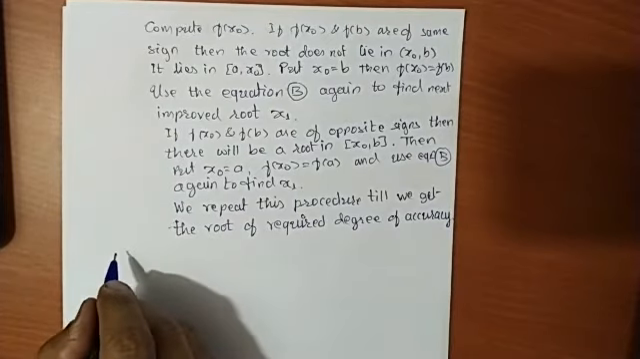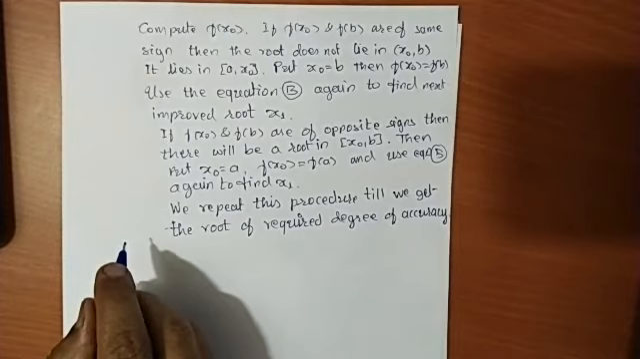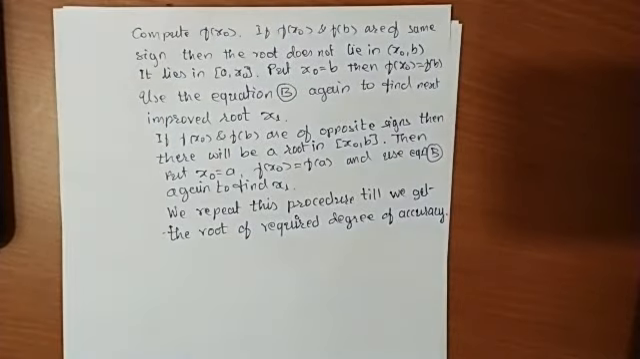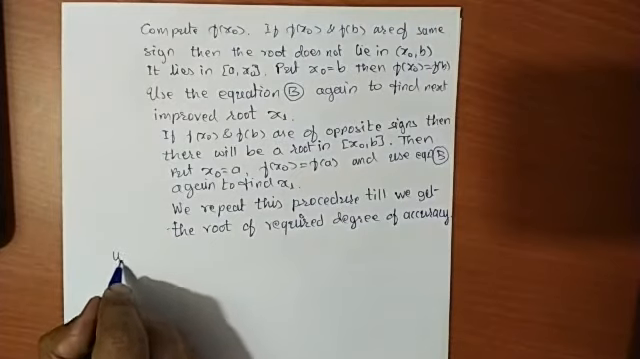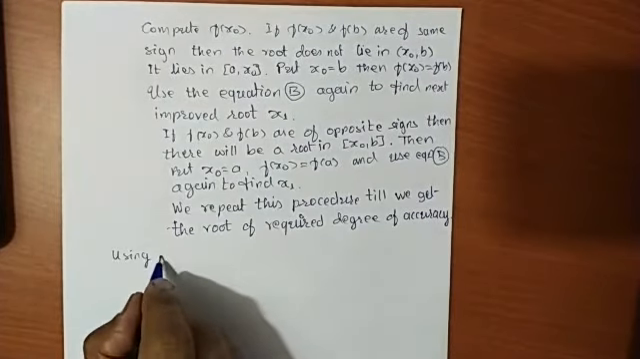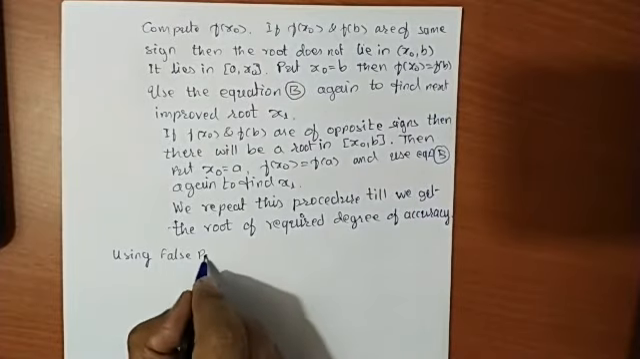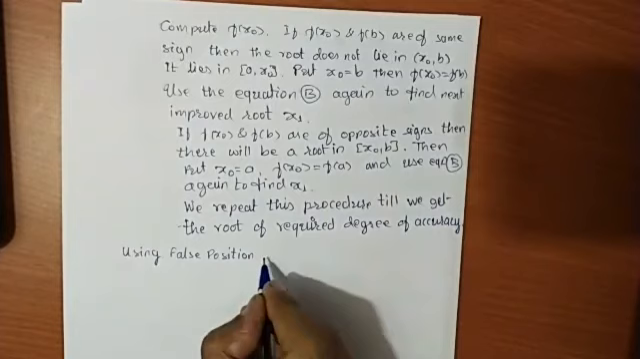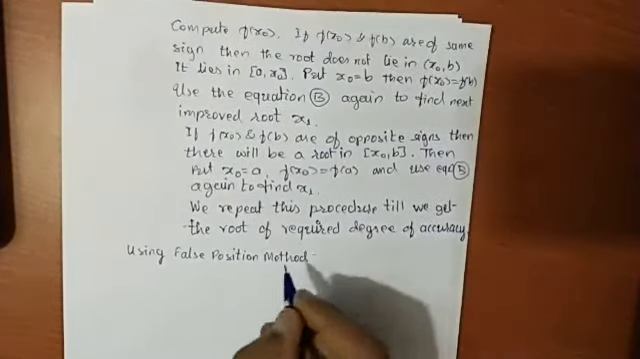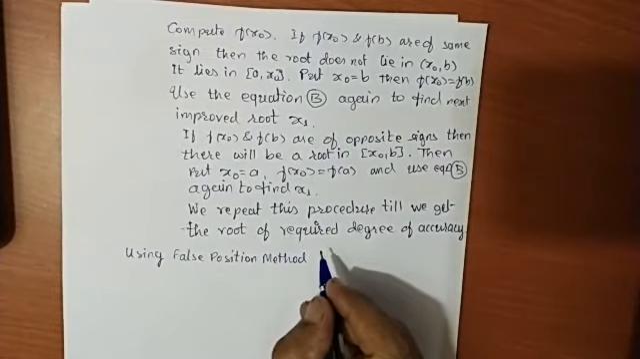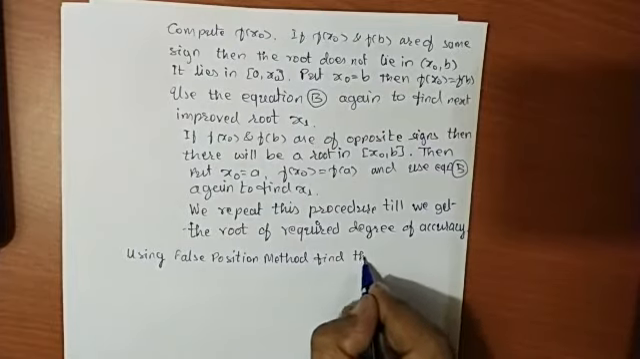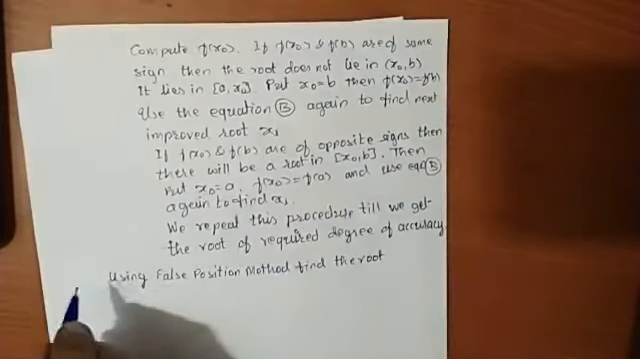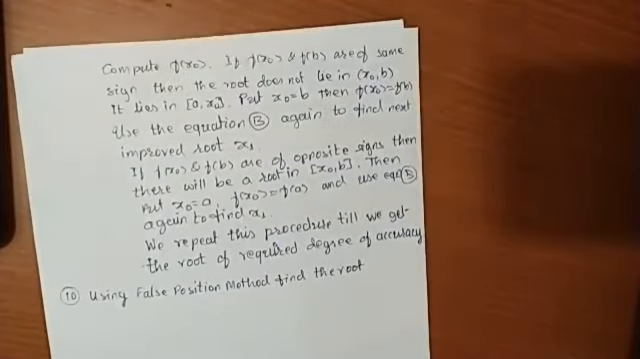This is again taken from the question bank. It is question number 10. What it says is, using the false position method, find the root. This is question number 10 of the question bank. Find the root